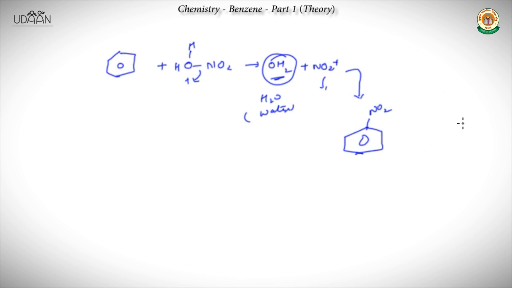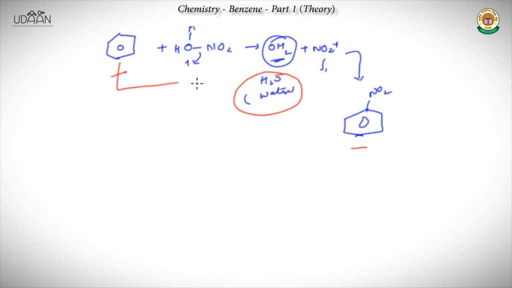So you have nitrobenzene. But just see, here you are getting water as your byproduct. So as the reaction proceeds, you get more and more water in the reaction vessel. As a result, dilution increases and it becomes less probable for these two reactants to collide and form this product because they are being separated. So this is not the best reagent for it. The best reagent is the nitration mixture, which is concentrated HNO3 and concentrated H2SO4.